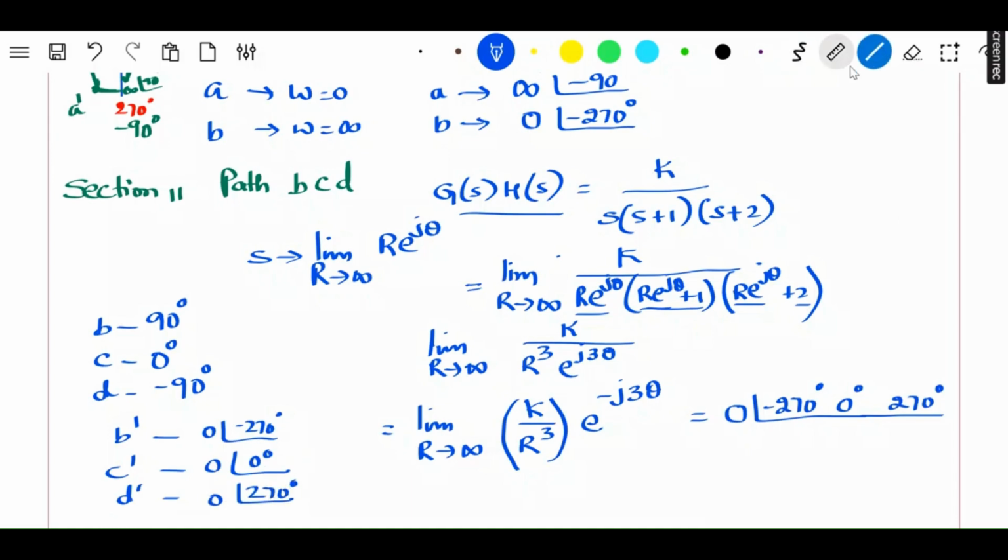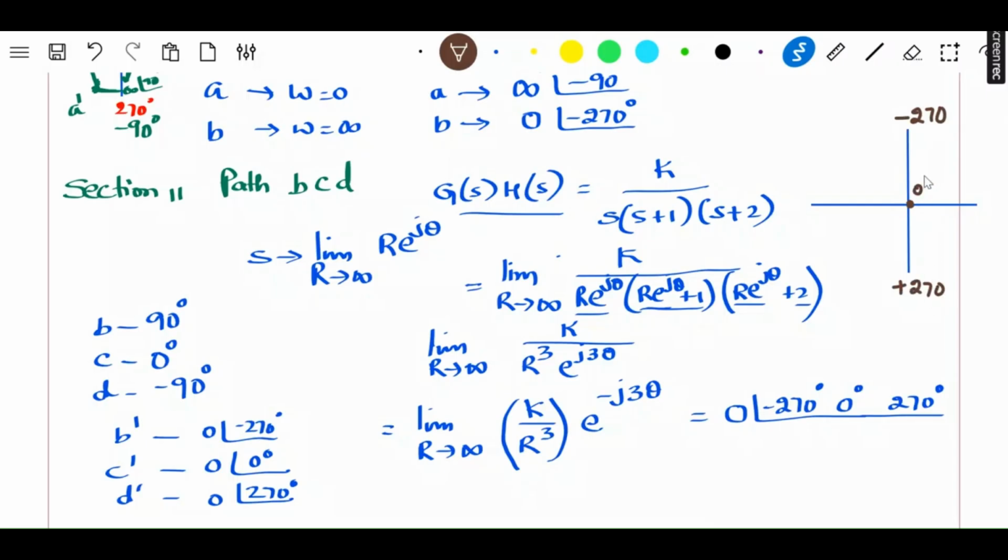So therefore, if I try to draw the trace for this particular section, as the magnitude is 0 for all 3 values, it lies in the origin. As magnitude 0, it lies in the origin. Whereas angle minus 270 is this, and plus 270 is this. Whereas 0 degree is this. Anyway, as magnitude is 0, all B dash, C dash, D dash will lie on the origin because of magnitude becoming 0. Now what we'll do is we'll go to the next section, which is section 3, which is path